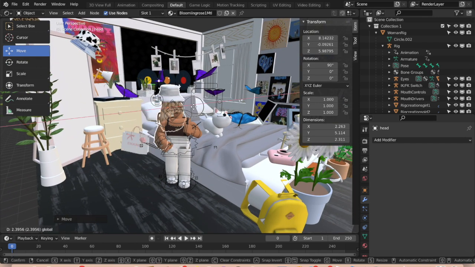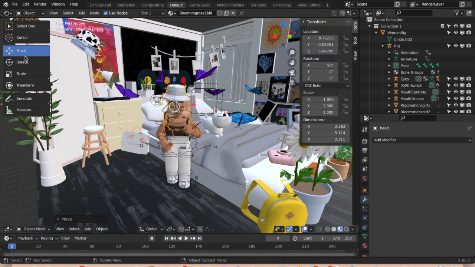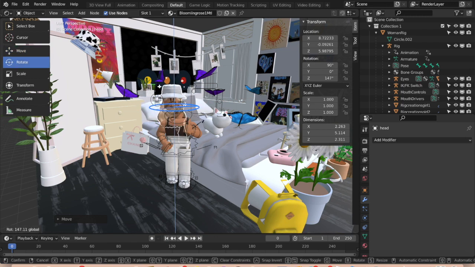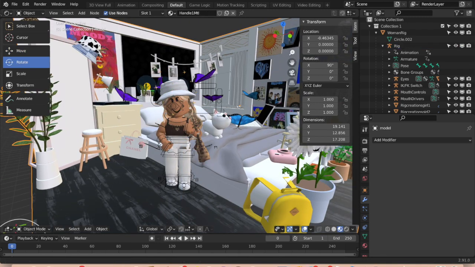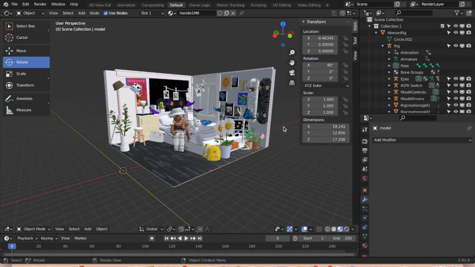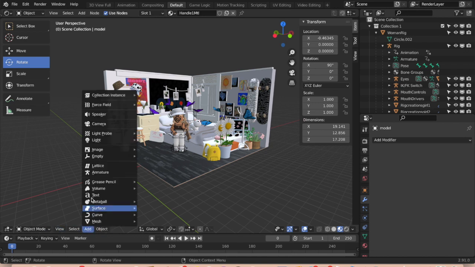So I'm just gonna move my head around till it goes onto the neck. But yeah, that is just how I'm gonna do mine right now. So then I'm going to click down here. I'm going to click add